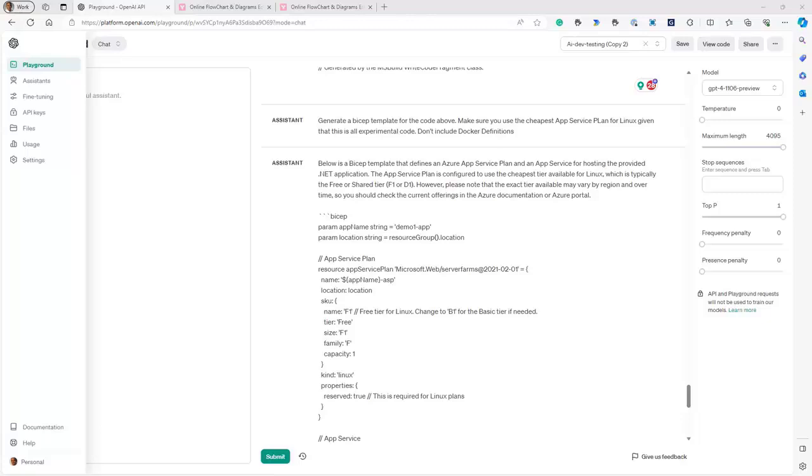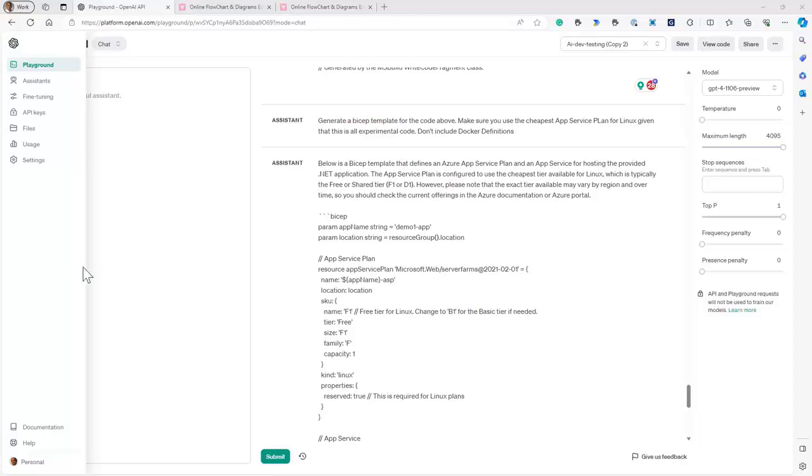In addition to asking it to generate a bicep template, I'm also providing it a hint that since this is just a demo, I want it to use the cheapest possible Azure resources, the cheapest possible plan for Linux, and also I don't want it to include the Docker definitions.